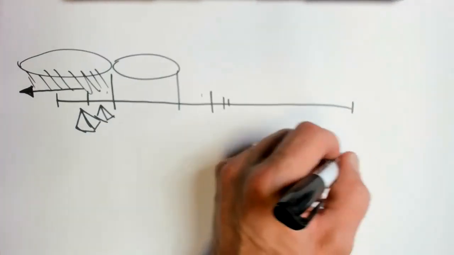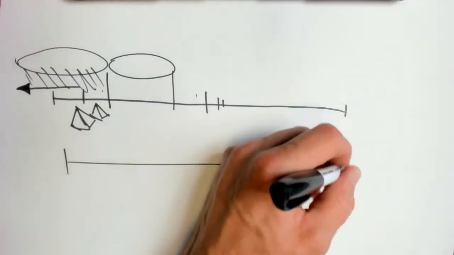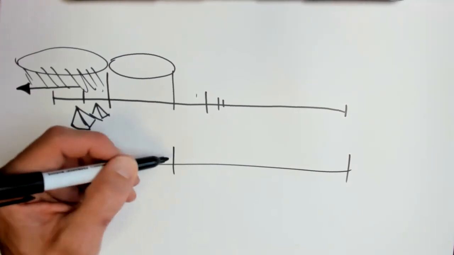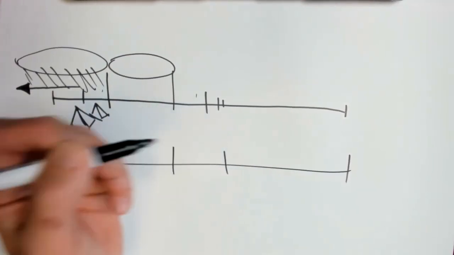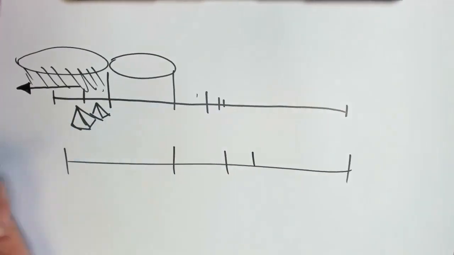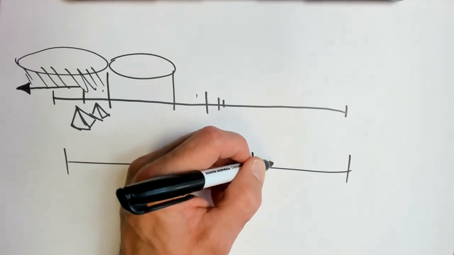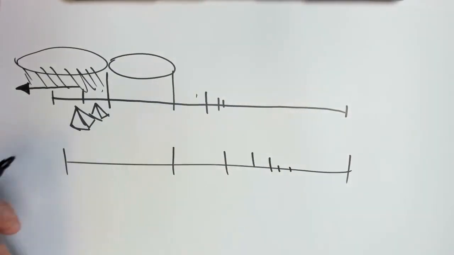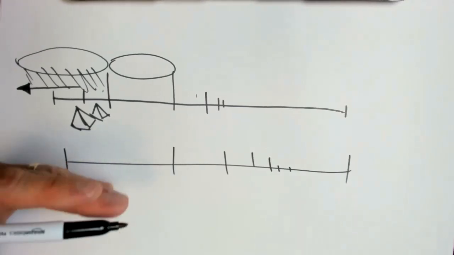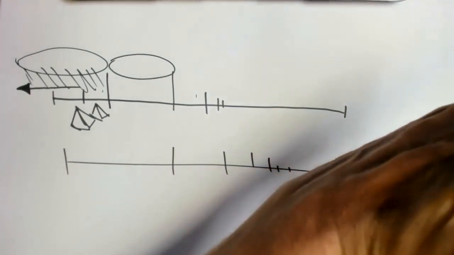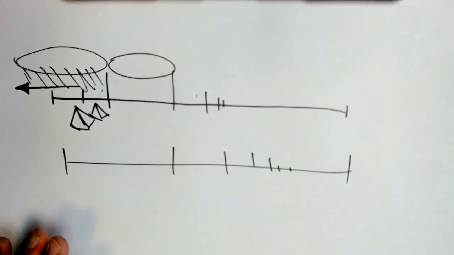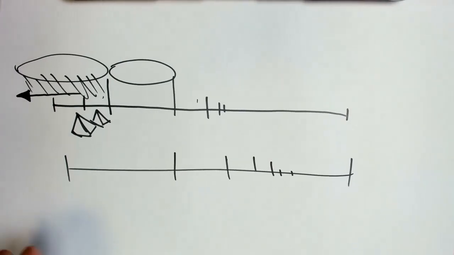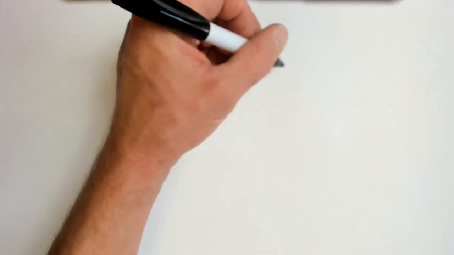Gosh, I feel a little embarrassed by this here. On a timeline, if one innovation took this long, and the next one took half that amount of time, and the next one took half that amount of time, and the next one took even half of that, and half of that, and half of that, right? We're looking at this exponential increase in the rate of technological innovation. And so an exponential increase on a graph might look something like